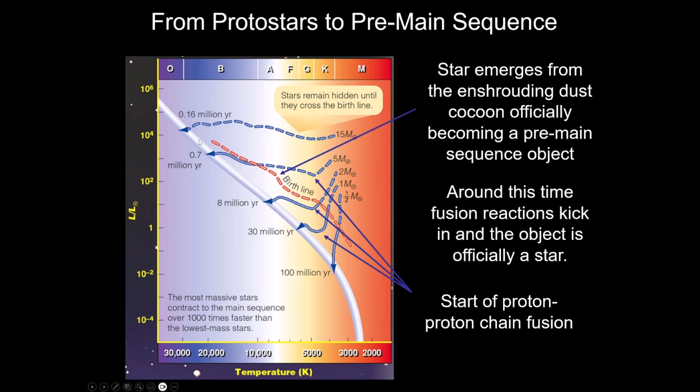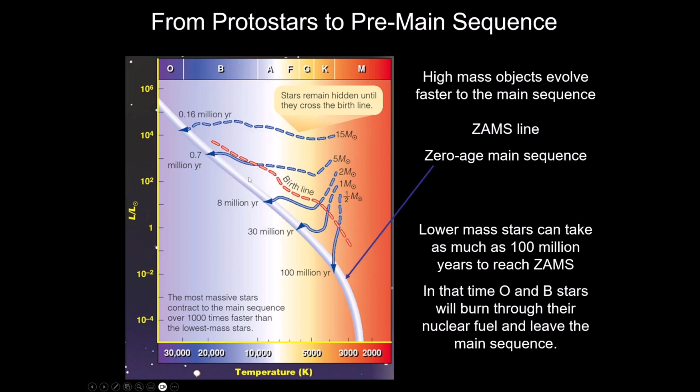Again, up here, if you look, the O stars and B stars do stuff really fast. Under 1 million years for a lot of this to take place. Now when we talk about this main sequence line, we're always showing this main sequence line on these HR diagrams. That's what's referred to as the ZAMS line. It means zero age main sequence. And that line is specifically the properties that these stars have once they have started their main sequence life.